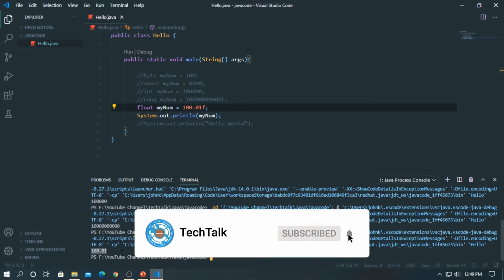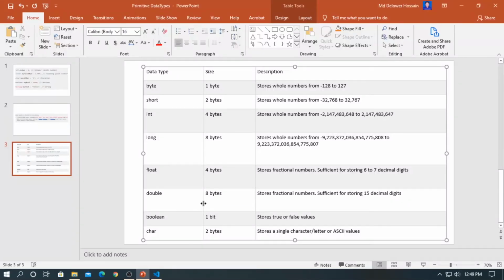It's printing 100.0. So next one is double, and a double value should end with a d, to make it double.